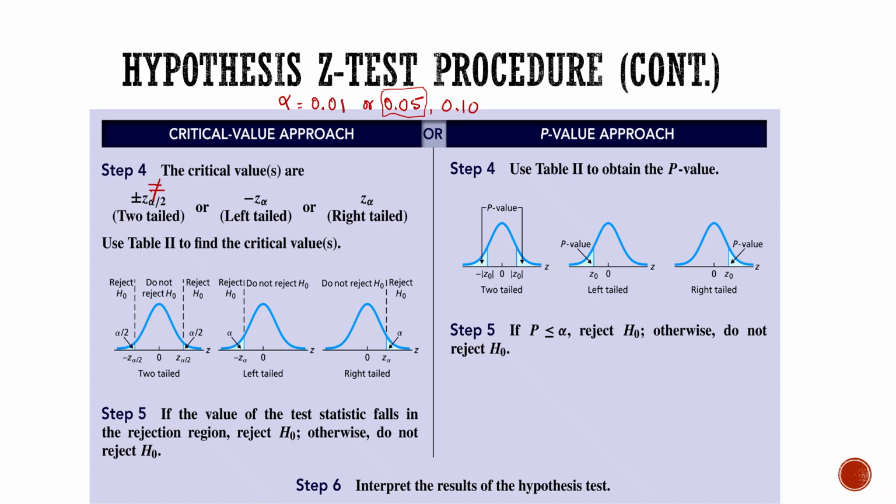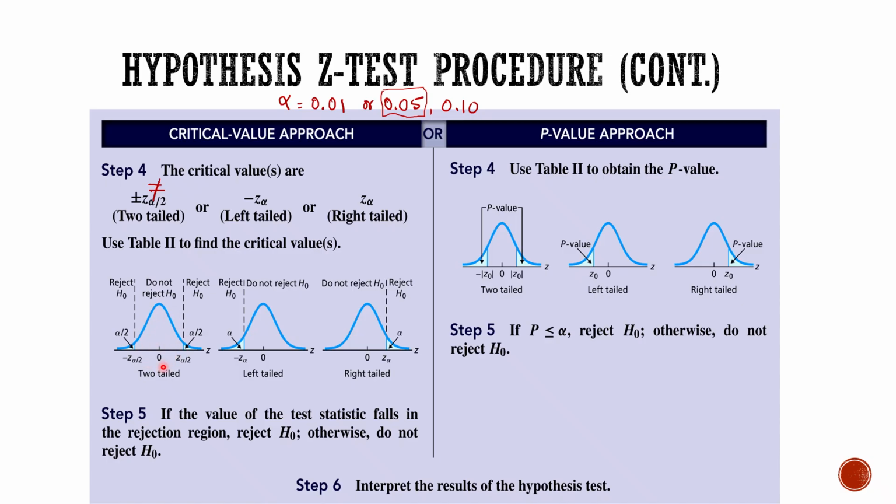And that's what makes it a two-tailed test. So when we say that the population proportion is not equal to the null hypothesis proportion, we are essentially saying that it could be less than what the stated proportion is, or it can be greater than. So there's a possibility it could be less or greater. It could be on either side of zero, not both sides, but either side of